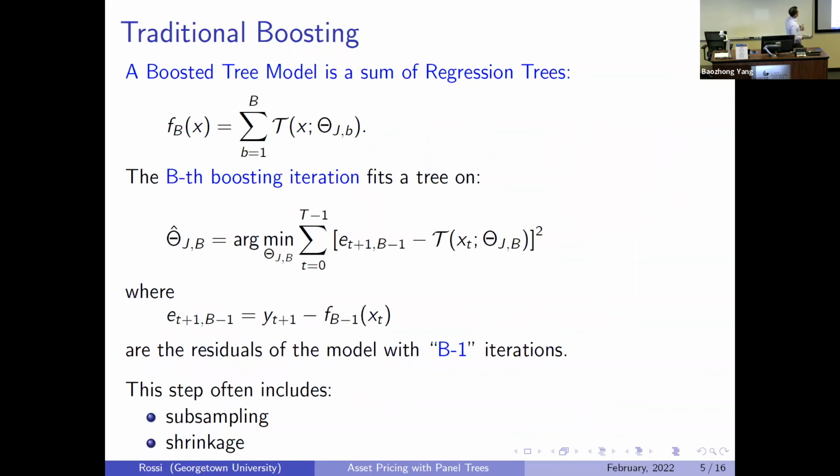So what people traditionally have done is use boosting. What boosting does is you fit a tree, and then you obtain the residuals, and then you keep on fitting additional trees on the current residuals of the model. And in order to shield against overfitting, what people will do is add a subsampling and a shrinkage step into it, exactly to shield against getting some outliers in the data and basically imposing some sort of regularization. Now,